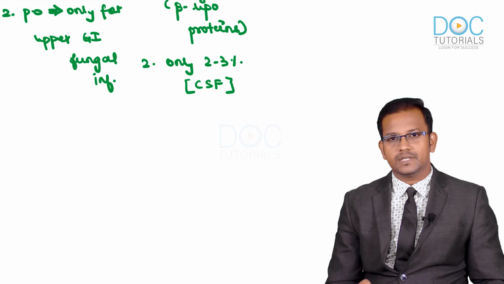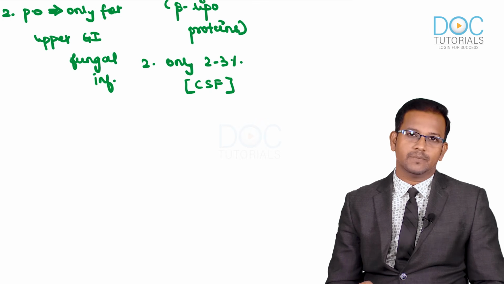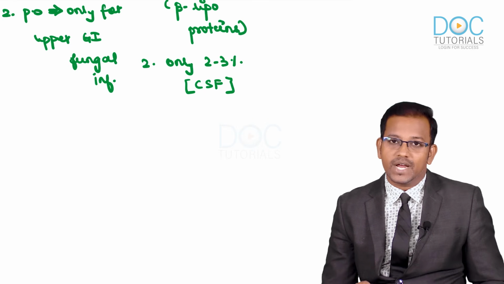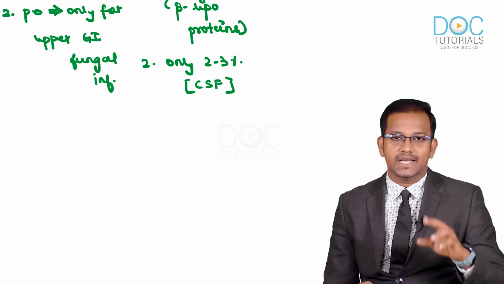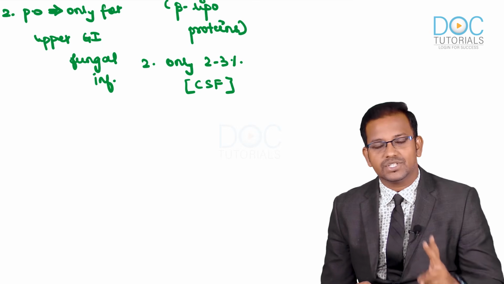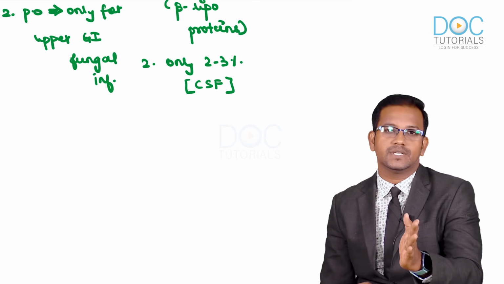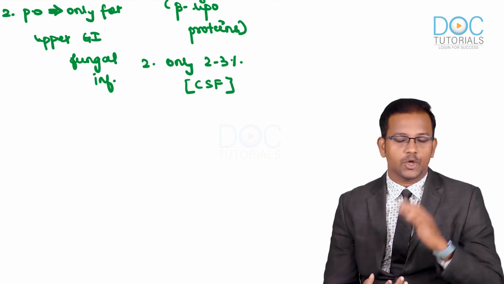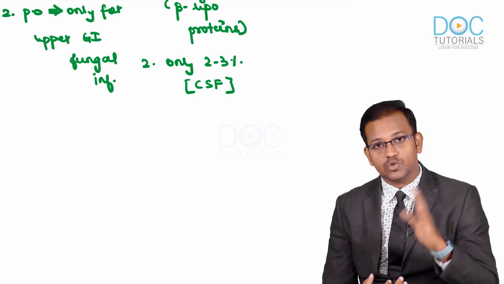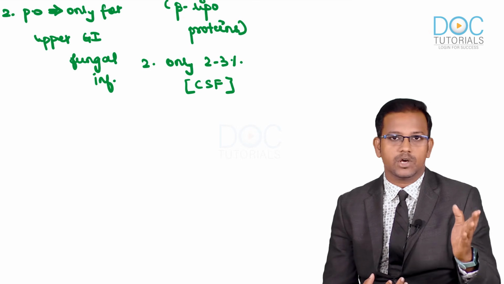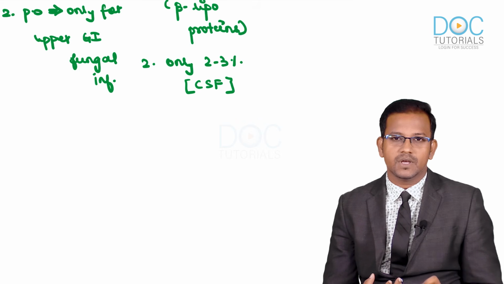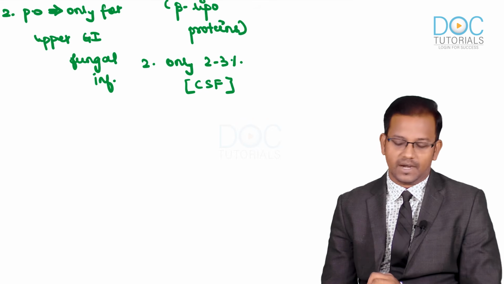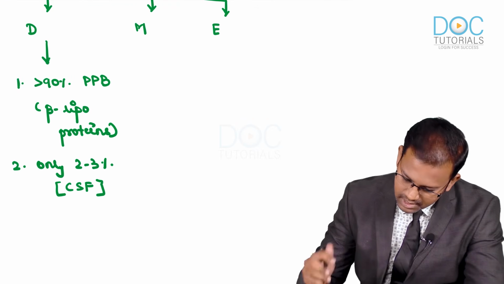So that's the reason amphotericin B is not that useful for fungal meningitis. But wait, we can still use amphotericin B for fungal meningitis, right? So how can we use it for fungal meningitis? Because whenever the meninges are inflamed, the movement of amphotericin B is facilitated. More concentration will reach the central nervous system. I hope you can understand the concept, guys. The same concept also applies for penicillins. Penicillin normally will not cross into the central nervous system, but if the meninges are inflamed, more CSF concentrations can be seen. Okay? That's it about the distribution concept.